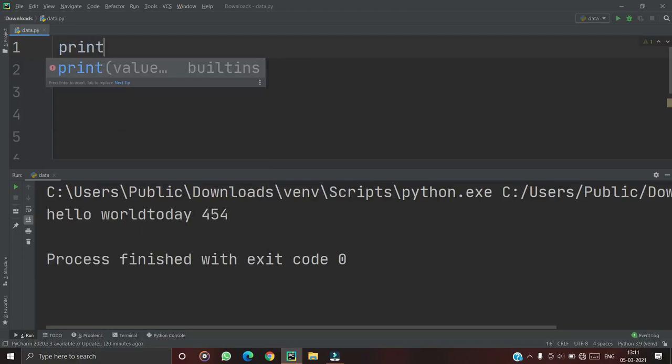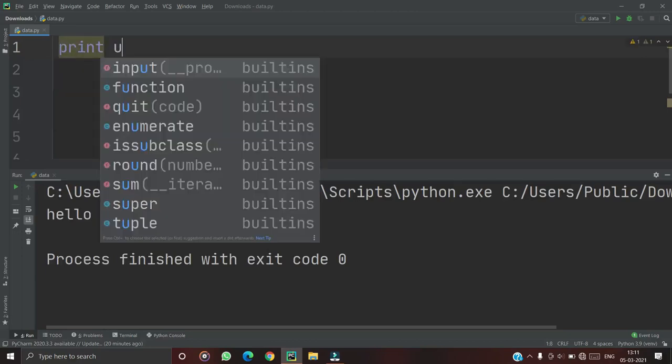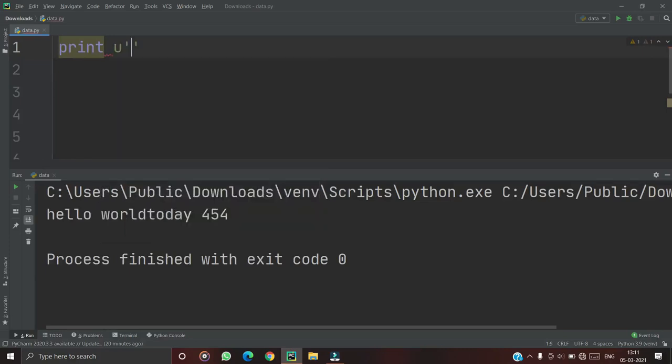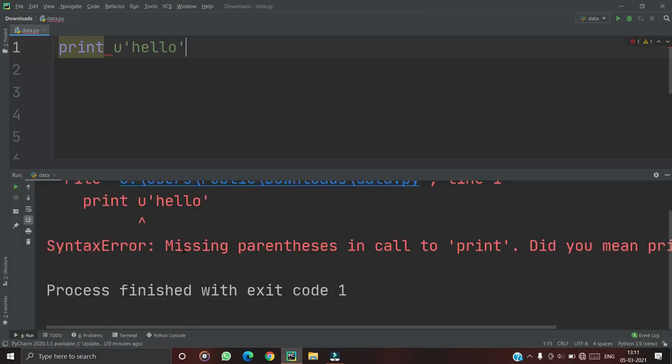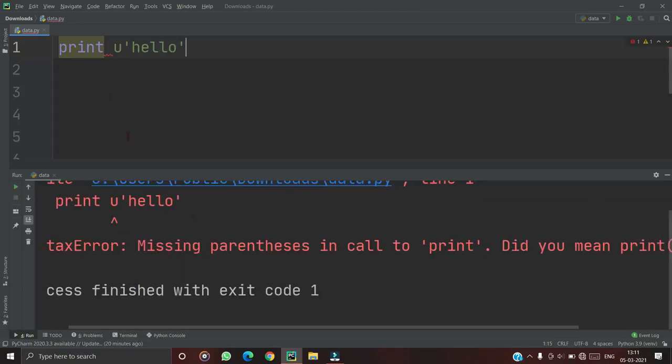Print hello. If I run this, missing the parenthesis. Okay, sorry.